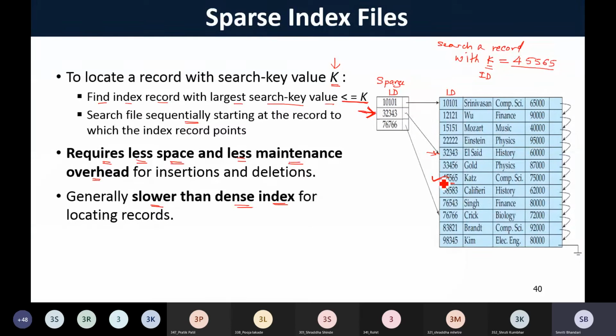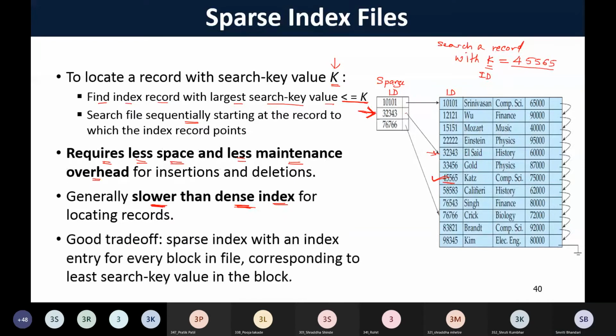So obviously the time required to search a particular record in case of sparse index is more. And that is why we are saying that generally sparse indices are slower than the dense indices for locating the records. But a good trade-off is usually the sparse index is being maintained